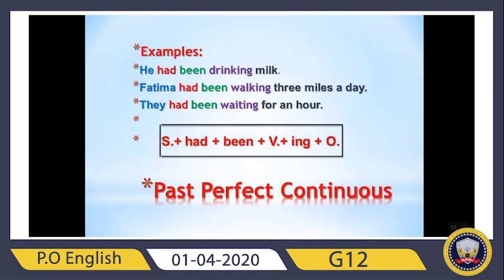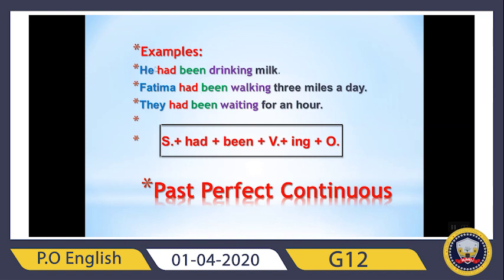Now we have past perfect continuous. Let us see here we have an example. Now as I said before, if we have continuous then we have verb plus ing, and as we are in past perfect then it must be had plus verb 3. So how does verb 3 come with ing? Then we must put something called been. This is verb 3 for be, then verb plus ing.